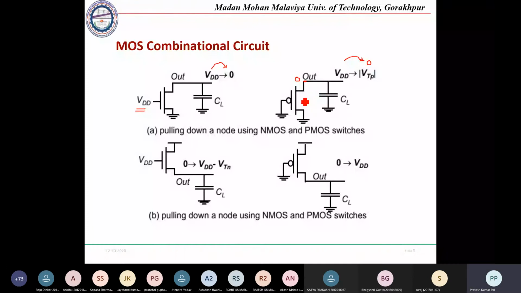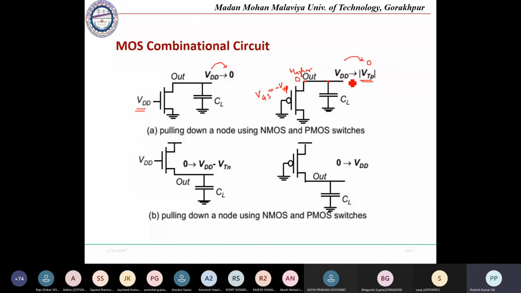in case of a PMOS transistor, the source voltage is connected to the higher potential. So if this is ground, then this would be at higher voltage. Then only this PMOS transistor should be turned on. Because this G is 0, VGS will be greater than the threshold voltage of PMOS transistors, VTP. So a VTP amount of voltage will always be there at this terminal to consider it as the higher terminal.